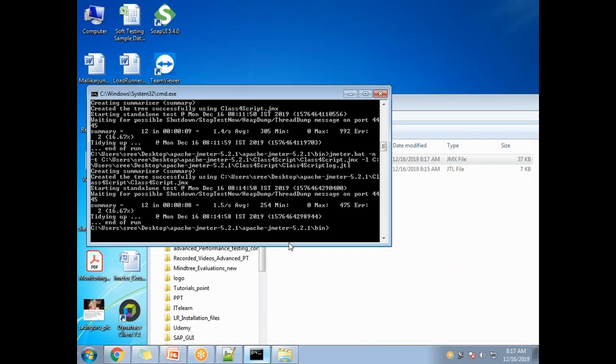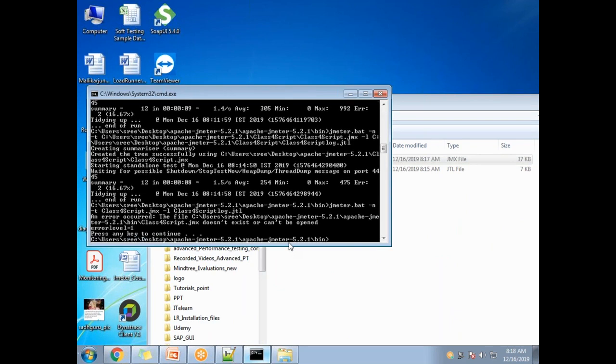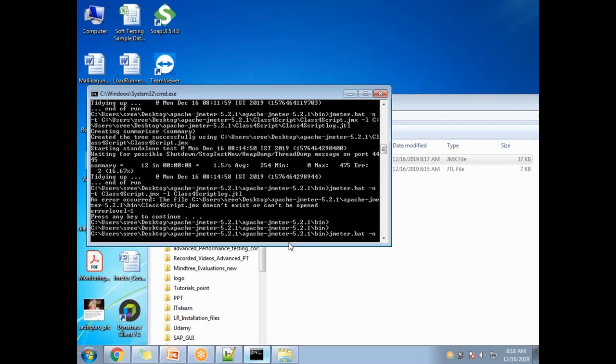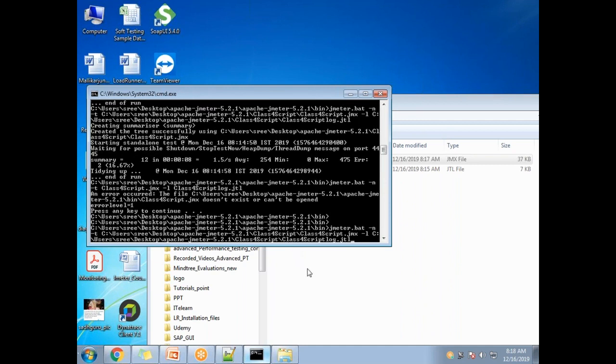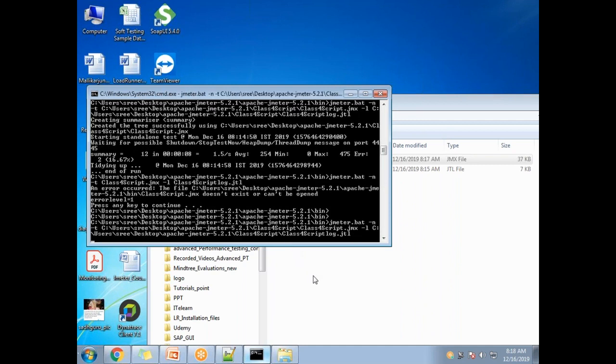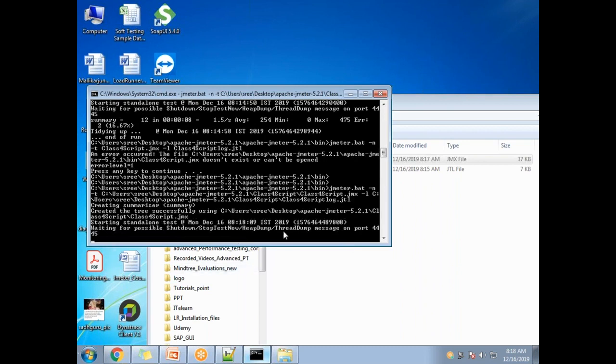Let me start the test. Okay, yeah, this is the command. Now you have started the test, which is the class 4 script which is there in this particular folder, and this will continue to execute